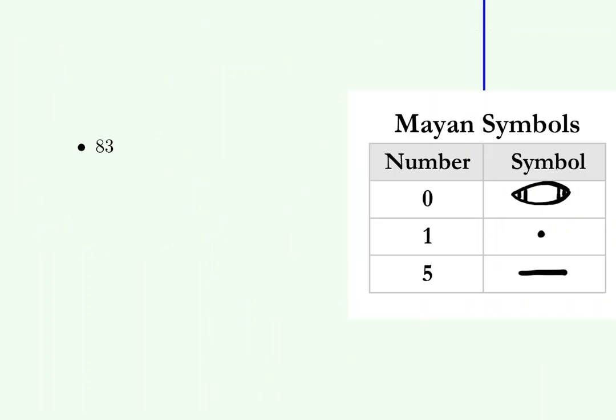For the next example, we're asked to translate our number 83 into Mayan symbols. I would begin always by just writing out the base for the Mayan symbols, so base 1, next base 20, next base 360, and then to ask ourselves, we would say what of these bases could be divided into the number given,